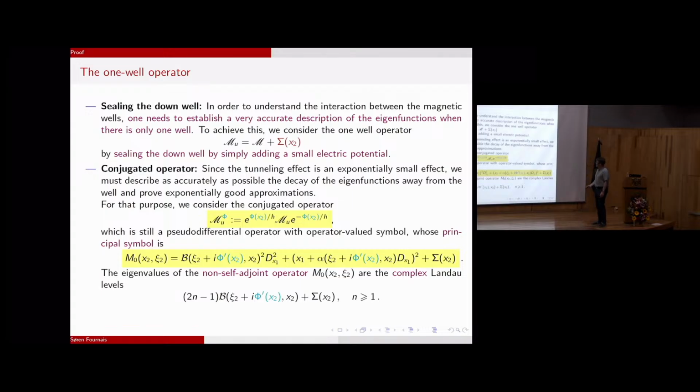Okay, and now I want to get exponentially good bounds, and the best way to do that is to conjugate by an exponential weight. So I conjugate by an exponential weight, and then my m becomes decorated by my exponential weight up here,